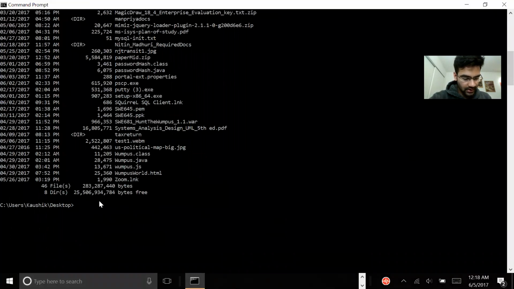So I'll be using this command, exe hyphen r is the recursive option. What happens is if it has a directory and it has sub files in it, it recursively copies all the files. So I need to give the whole